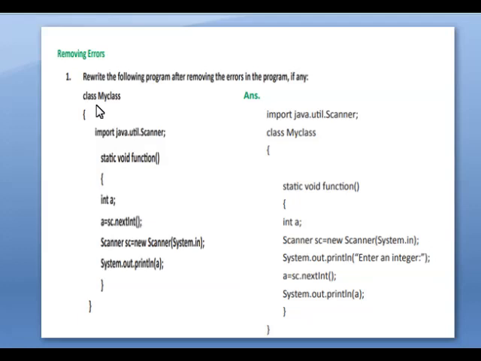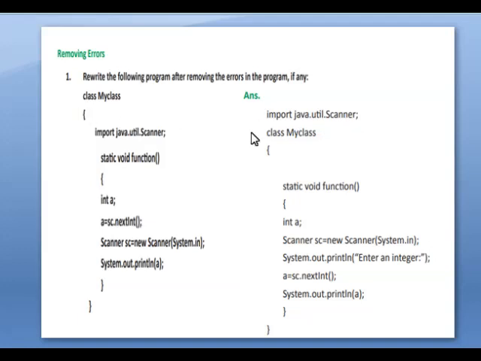So see here, class name is MyClass, then open curly braces, after that import java.util.Scanner. So this is incorrect. We have to import the package when we are starting the program. So it is import java.util.Scanner.